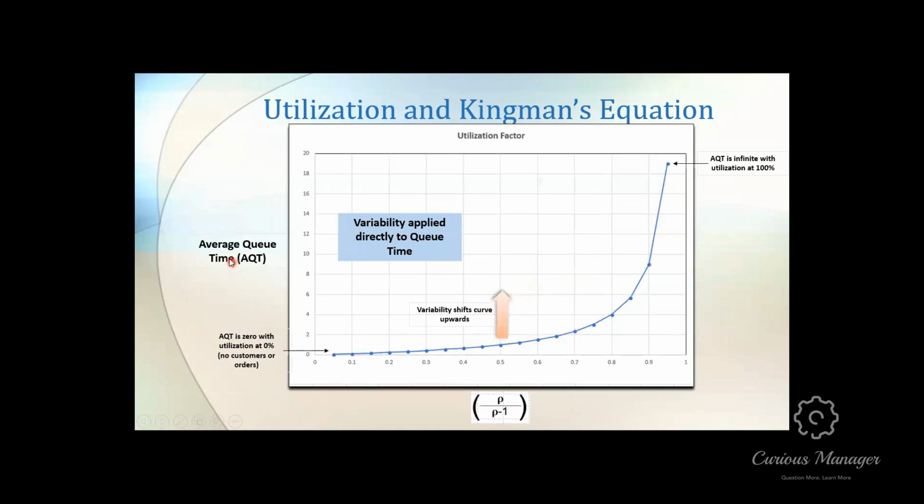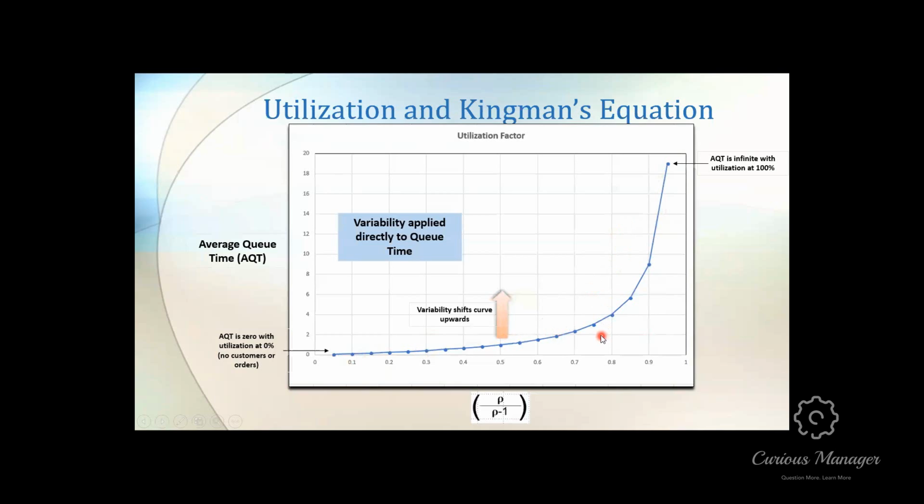So the average queue time. If you have, let's say, variability of 3 hours in your queue, this queue would start at 3 instead of 0. Okay, 3, 4, 5, 6, 7, 8, 9, 10. But once again, the closer down this line you go, the closer to infinity your curve becomes. So although variability is a bad thing in your queues, utilization is a